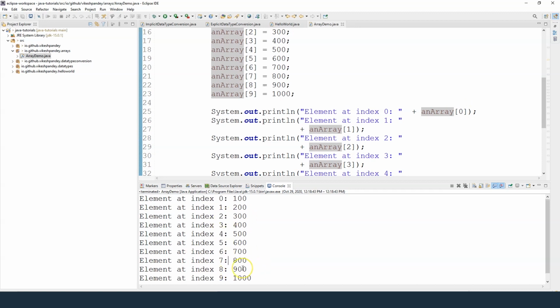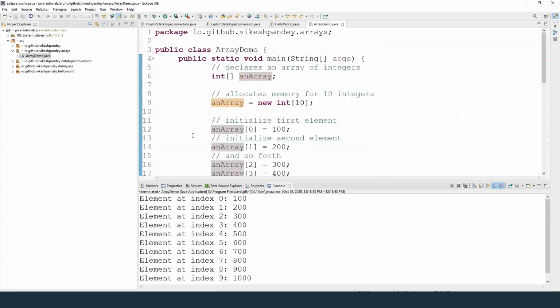So in total these are the 10 elements, but the index always works from 0 to length minus 1. In this case it will be going from 0 to 9. So this is basically all which I wanted to cover in this lecture. The whole idea was to give you more understanding of arrays, and remember this is just an integer array. You can similarly create a character array. You can also create a string array as well. So it's completely related to the data type you are using. If you create a char array, then you can only store characters into it. If you create a string array, then you can only store strings into it.